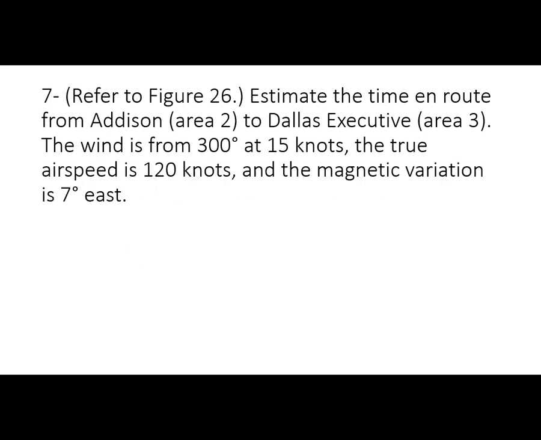This one's going well. Number 7, almost there. Estimate the time en route from Addison Airport, Area 2, to Dallas Executive Airport, Area 3 on Figure 26. The wind's from 300 degrees at 15 knots. True airspeed is 120 and the magnetic variation is 7 degrees east. Now, they're asking us for time en route, so we're not really going to need this magnetic variation for this question here. But we will need the wind